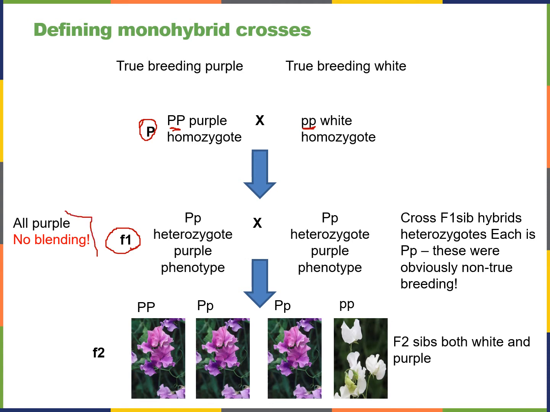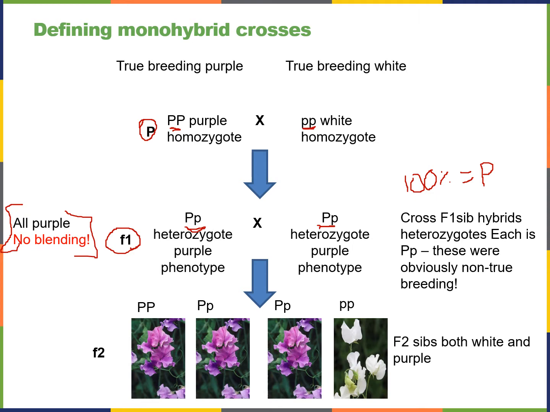Again, all of the flowers turned out purple. There was no blending. But why did we get 100% purple? Well, because we got these heterozygotes, big P, little p. These heterozygotes, we know that the big P must be the dominant allele. So the big P masked the expression of the little p. So again, in the F1 generation, 100% of the progeny were purple. And then when we did the sib mating and we bred these heterozygotes together, well, then we